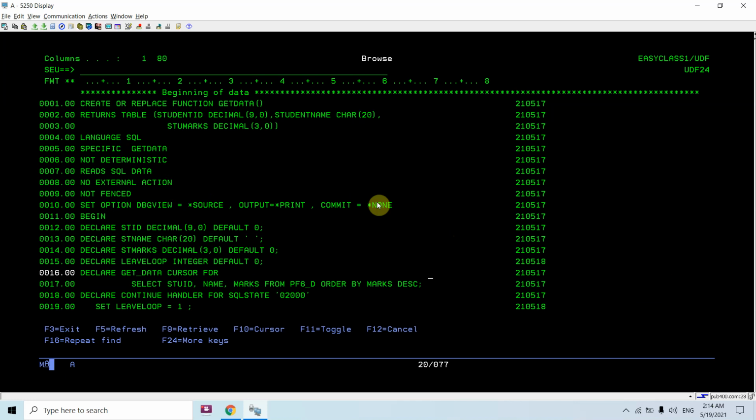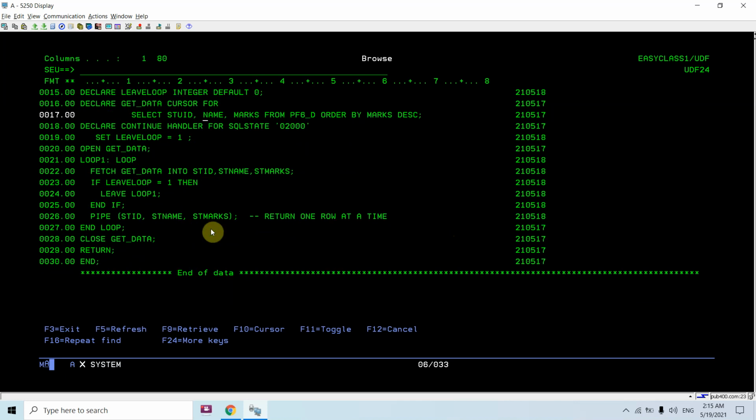So this way you can see this was the loop which is running infinitely. There are no conditions, but inside that loop we have a condition that leave loop equals 1, and that would only get set once all the records are fetched using this cursor fetch statement.